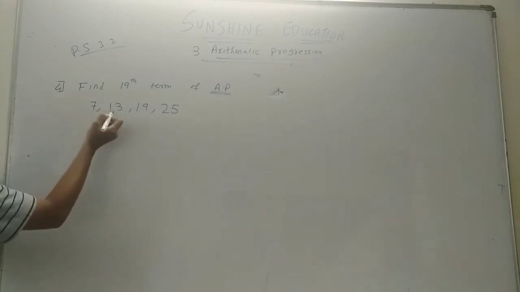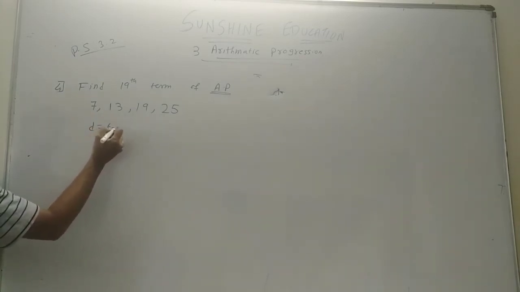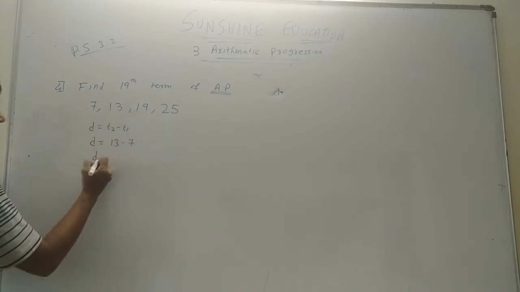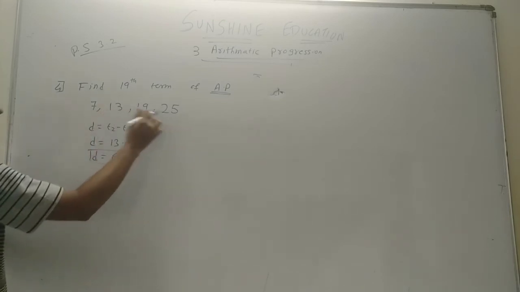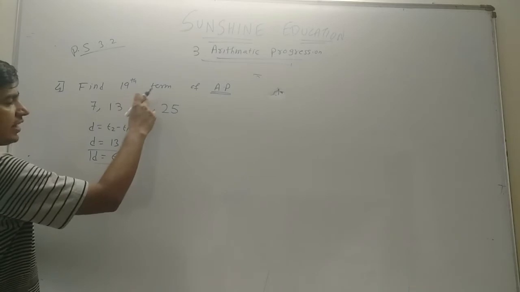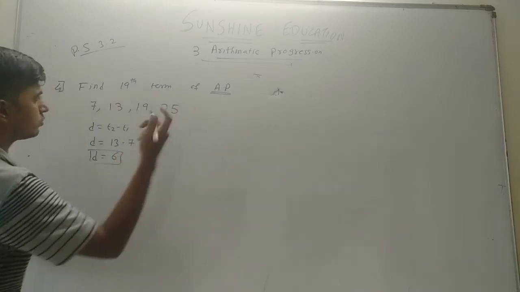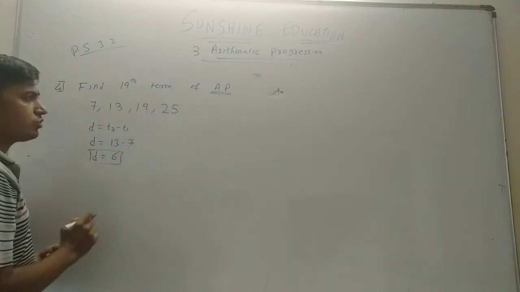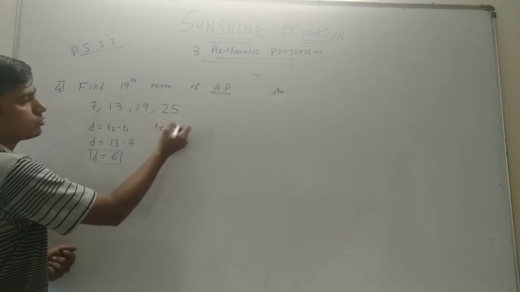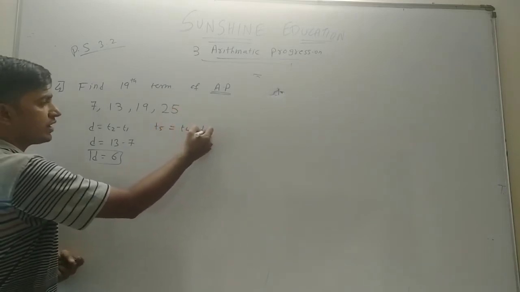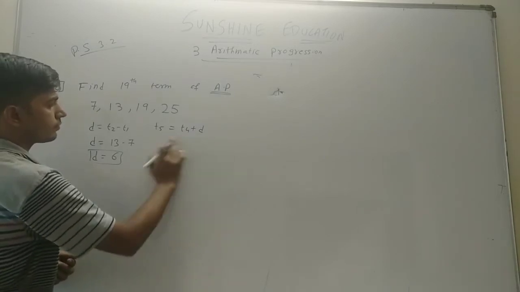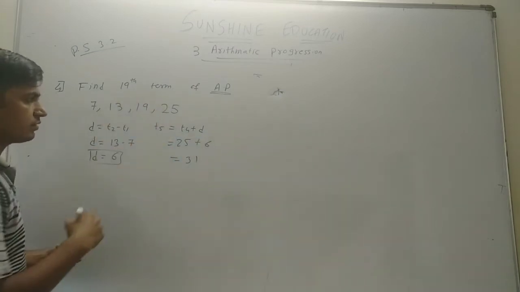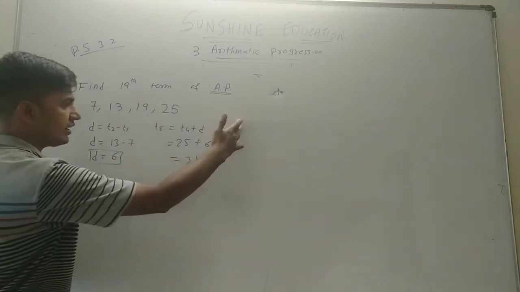So see what the difference is over here. T2 minus T1, the difference is 13 minus 7, that is 6. So the difference is going to be constant. You can see 13 plus 6 is 19, 19 plus 6 is 25. T2 is 13, T3 is 19, T4 is 25. If I ask what is T5, you add T4 plus d, that is 25 plus the difference 6. So the next term will be 31. Now you can find the 6th term, 7th term, 8th term.